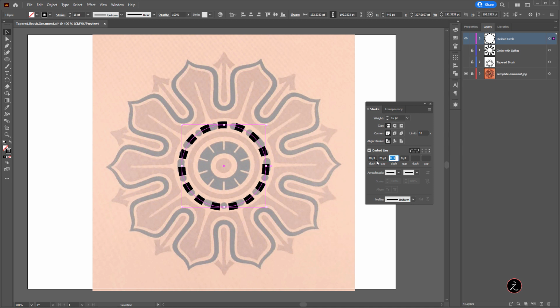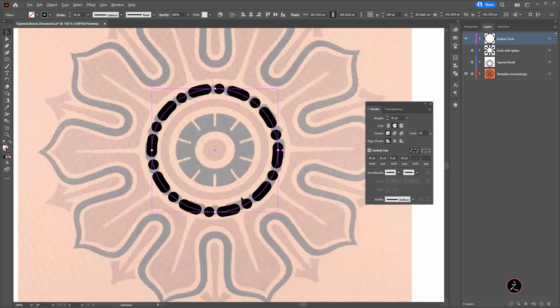I'm going to keep this at 0, but then the gap here, I'm going to keep at 20 points. Now this is one thing. Another thing that I need to do is, instead of having a butt cap, we're going to have a round cap. Here it is.